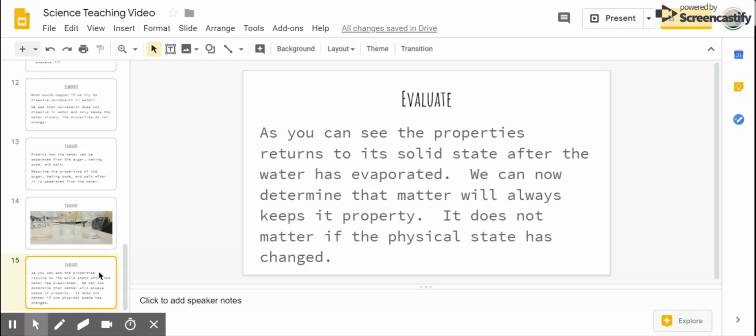So we can now determine that matter will always keep its property. It does not matter if the